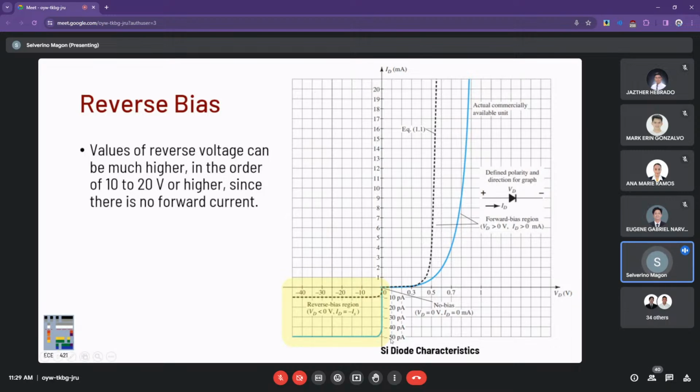You can see in the plot here an actual response curve for an actual commercial diode. The reverse current is typically much less than a milliamp, in microamps. Actually, in this case, we have around 50 picoamps. The values of the reverse voltage can be in the order of 10 to 20 or higher,